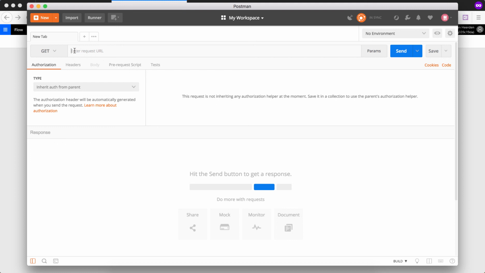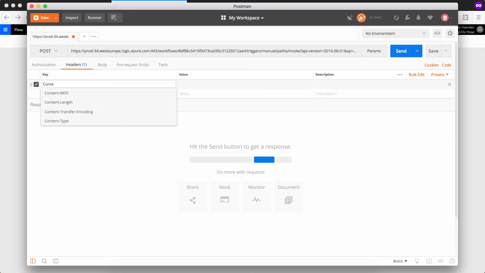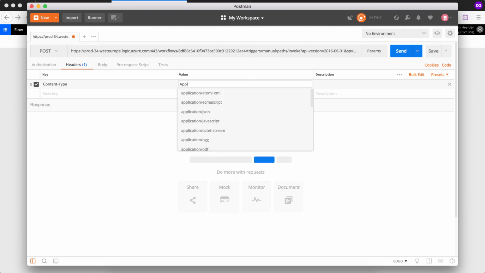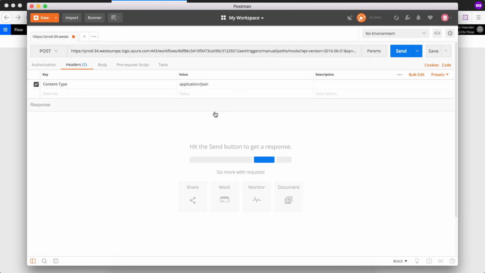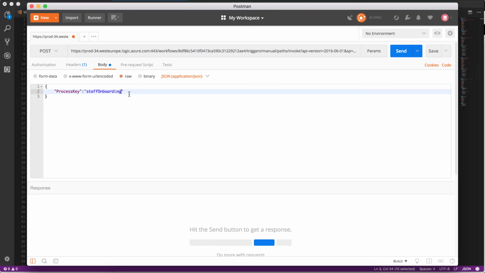Alright, so if we paste that URL that we copied in the previous step into this, we need to change the request type to post, and because we're going to pass the process key to it, we need to specify the headers under content type to be application JSON. So we sort of warn the API that we're going to give it something, and then in the body we said that we're going to give it the process key. So in here we can define JSON, and we can say process key, and the value for that is staff onboarding. So staff onboarding, and now theoretically if I hit send,